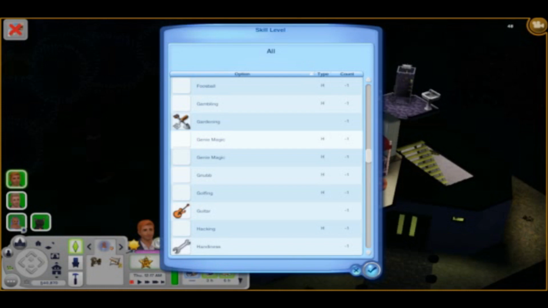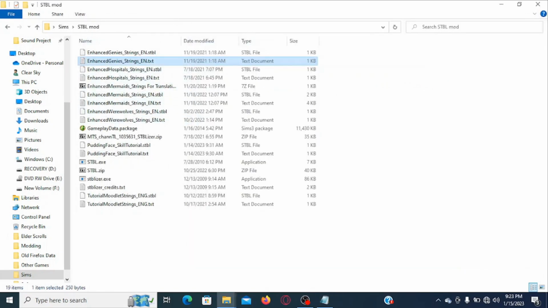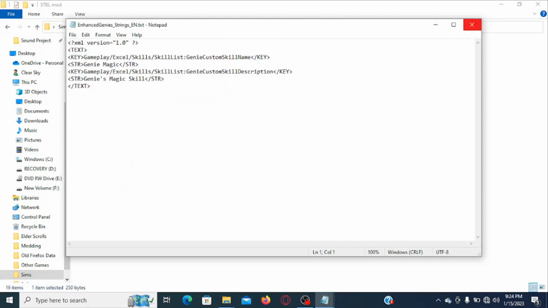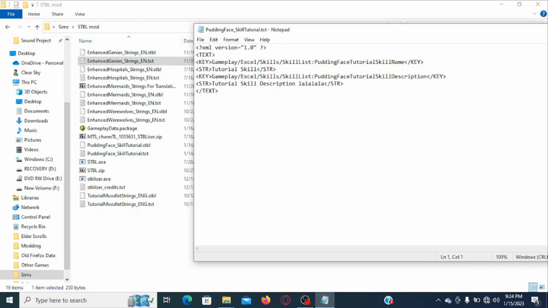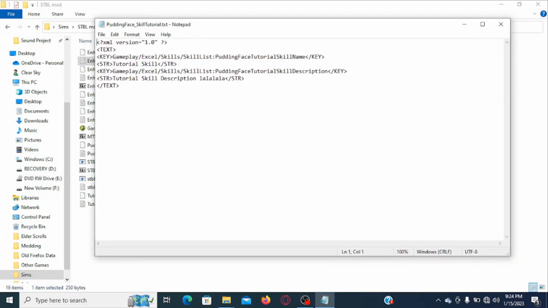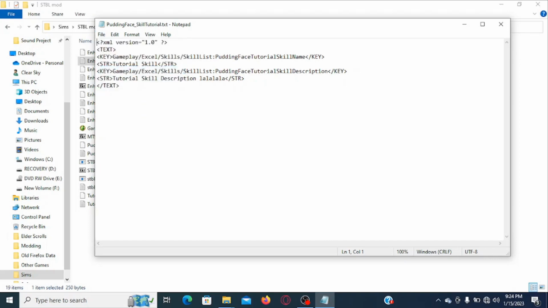Okay, now I'm quitting the game, and now let's make our STBL file. So instead of Genie Magic, we will have our own name. So let's create a new .txt file. So I'm going to copy and paste from my Genie's txt file for the translation. So this key is our code and str is where the actual string goes. So now I'm going to replace the Genie stuff with our own, and I'm going to name this pudding face tutorial skill name, and then here pudding face tutorial skill description, and in the str I'll write tutorial skill and then tutorial skill description